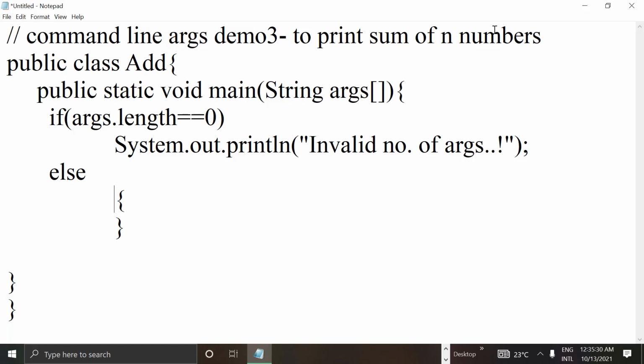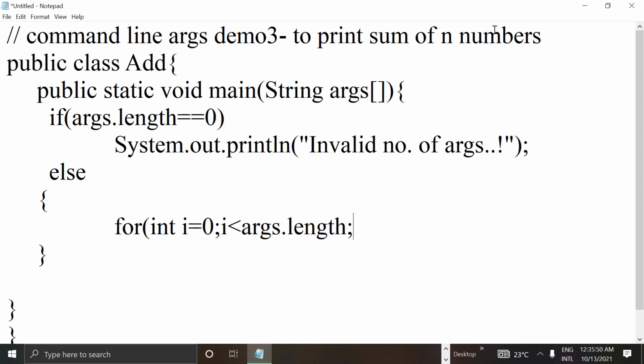Since I'm going to write multiple lines, open the curly braces, and inside this I write a for loop: for int i = 0; i less than args.length, because my array name is args; i++. Then I want to calculate the sum of all the arguments passed by the user, so we take a variable called sum.